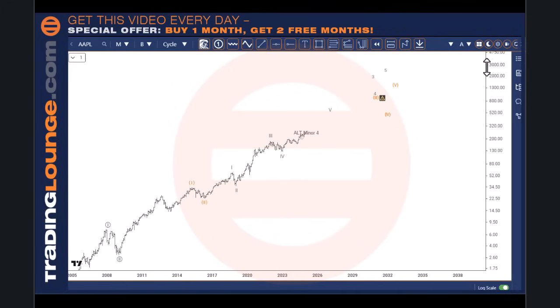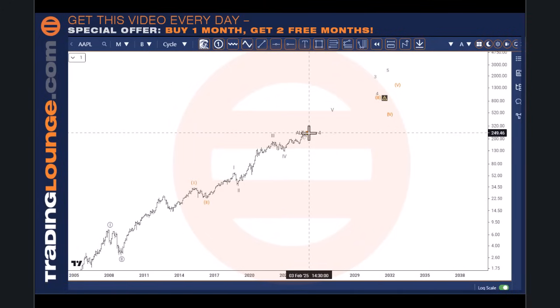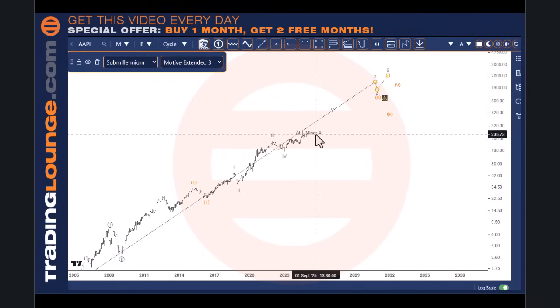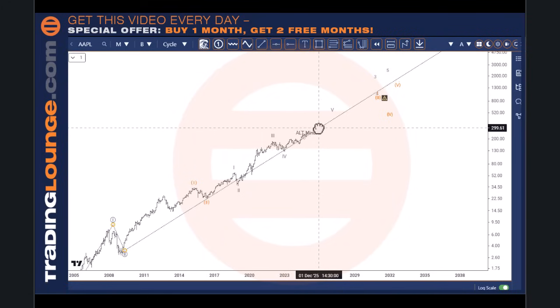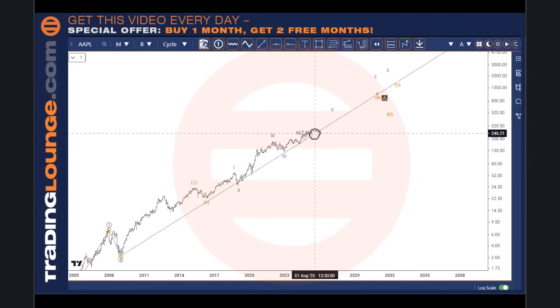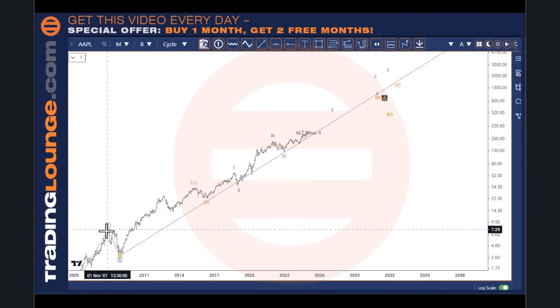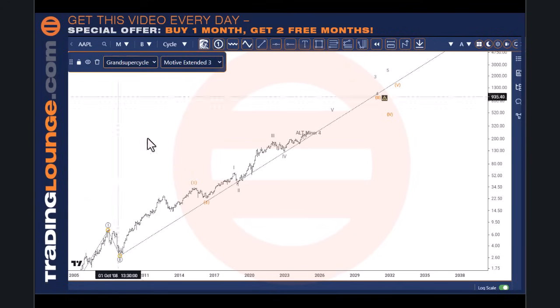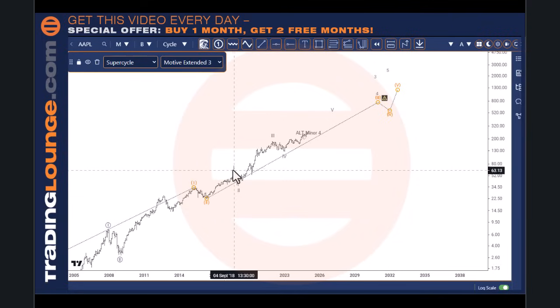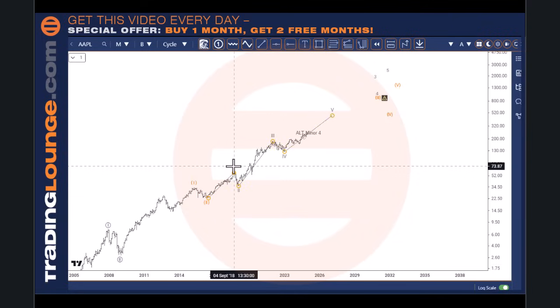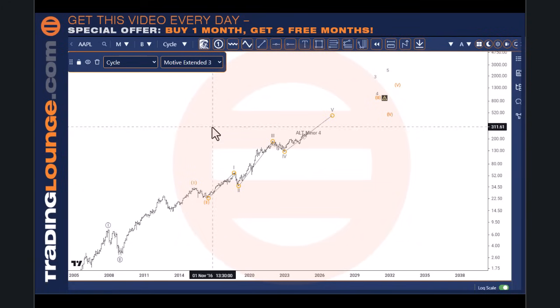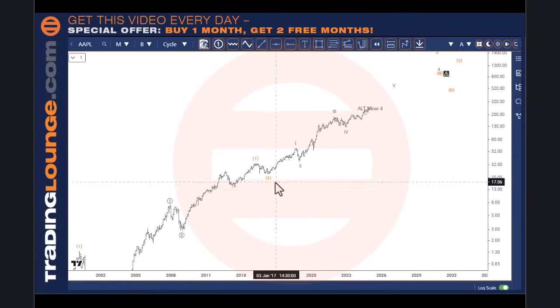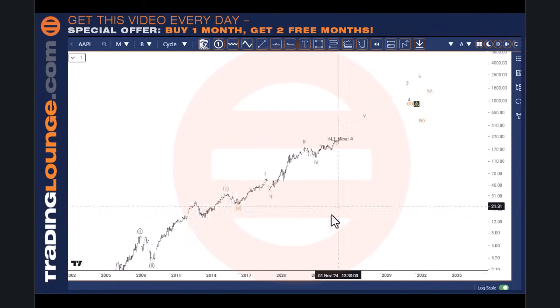Apple is a little bit different from the other markets. This minor wave 4 alternative here is part of something else, but I'll just leave that. In fact, I just want to lock that in here if you don't mind. This is why I say I'll be a little bit clumsy. I just want to lock some of these in so they don't move too much at this degree, so they stay there a little bit. So basically from here we've got 1 and 2 and 1 and 2 and 3 and 4 here. We're pushing up here further.